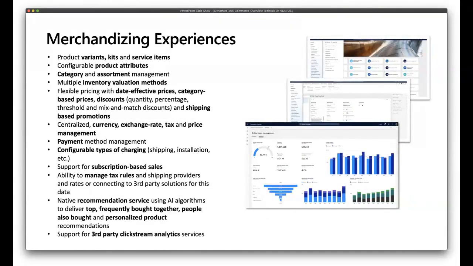We also have a full range of merchandising experiences, as you would expect, as we're built on top of Dynamics 365, giving you the ability to do variants, kits, service items, the ability to have configurable product attributes that can not only be used to manage your products in back office, but can be used in the point of sale, call center, and e-commerce to be able to search and find products and give a search and finder experience in e-commerce. The ability to do category and assortment management, the ability to do inventory valuation methods, date effective prices, category-based